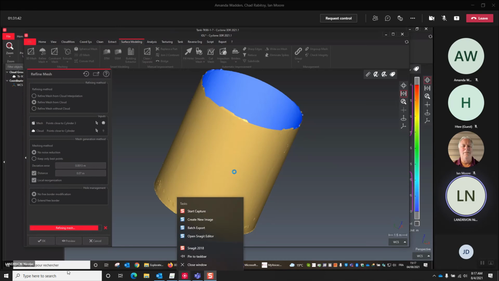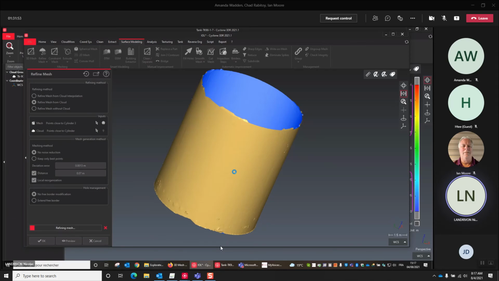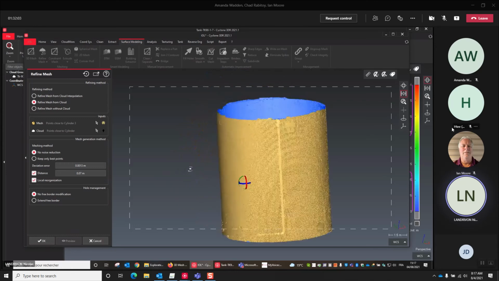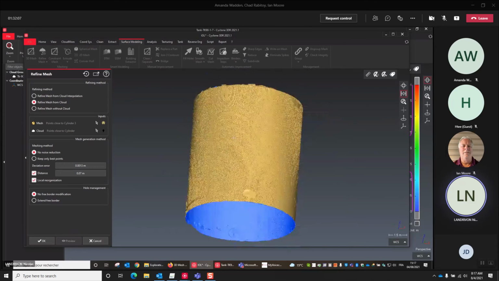So here, for instance, I'm trying to use also the meshing in two steps, but instead of using interpolated new points, I try to use the real ones. It's just for your information, especially when you use a too small value.